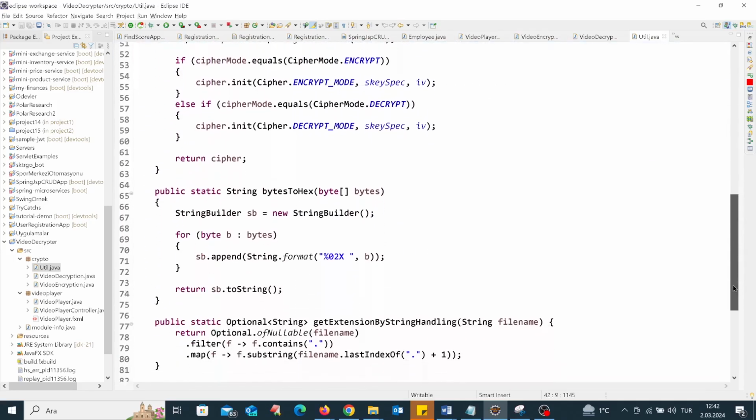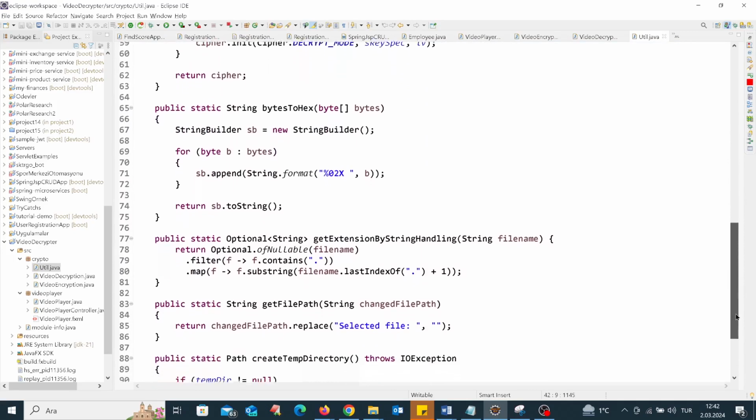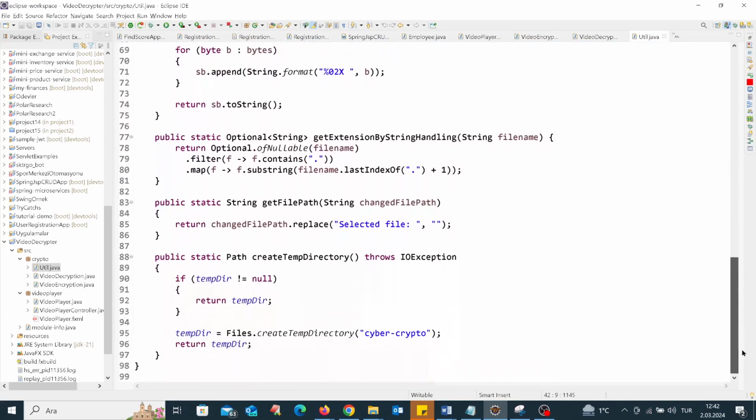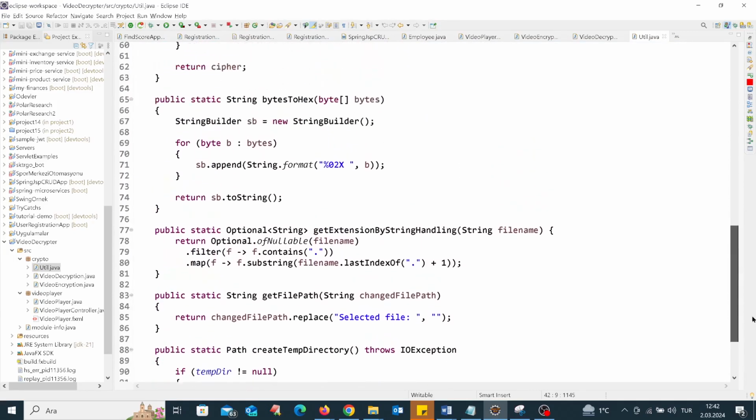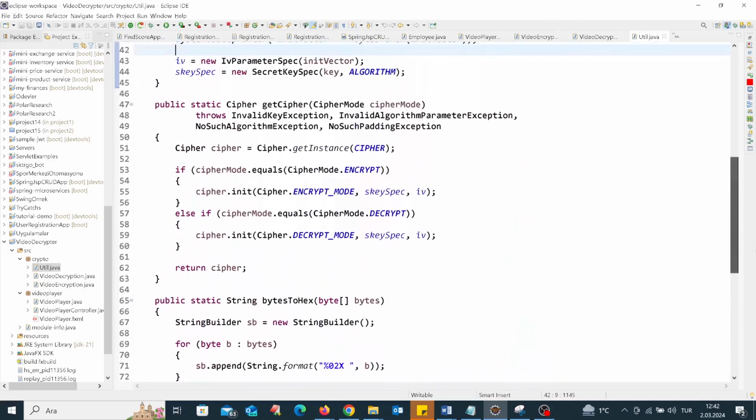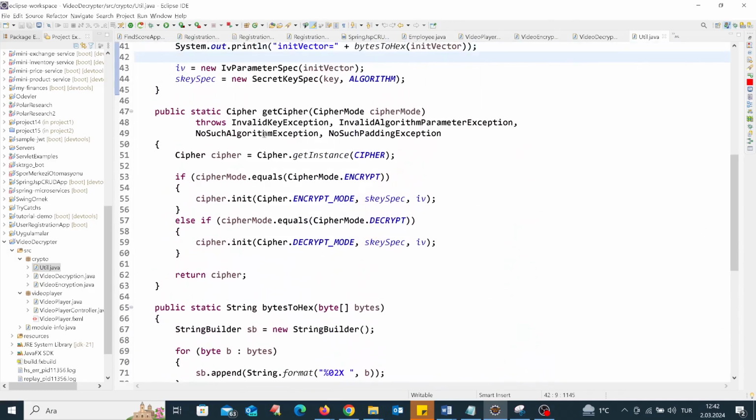It contains methods for obtaining a cipher, converting bytes to hexadecimal, getting file extensions, getting file paths, and creating temporary directories. In the getCipher method, we initialize and return a cipher object based on the specified cipher mode